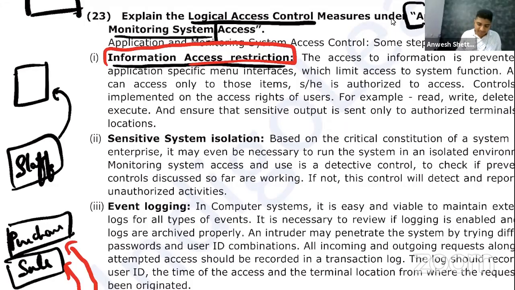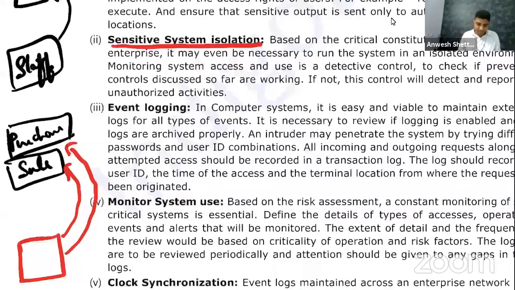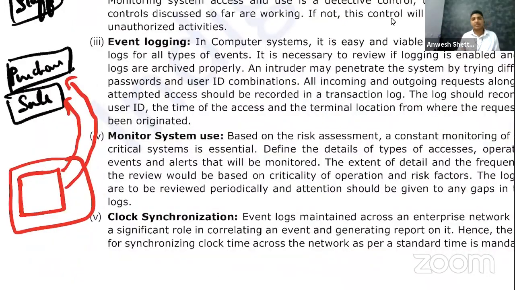Next one is sensitive system isolation. Let us say this system or this computer has certain sensitive information. Because they monitor all the departments, they have certain secret information with them. So you should not directly connect them to the network, because if you connect them to the network, what happens? Everybody can access this information. So what are you going to do? You are going to isolate them. Isolate means you are going to keep them aside or disconnect them from the normal network. So that also you should do. Next one is